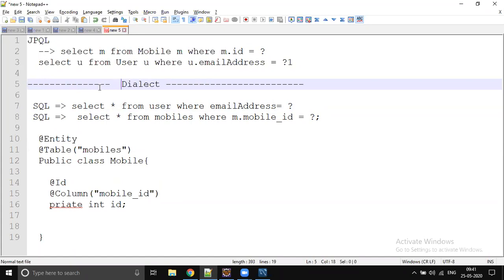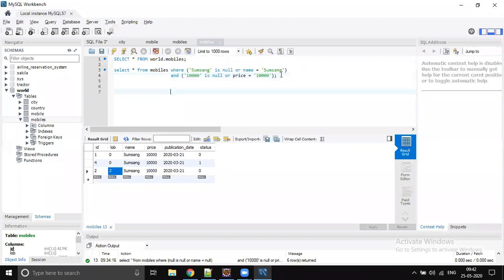They are database independent queries, so they can work on any kind of database. So you're going to get the benefit of database interoperability. So it's better to use JPQL queries. But Spring Data JPA supports writing native queries also. Native query support is also available. So let's quickly convert this into a JPQL query.